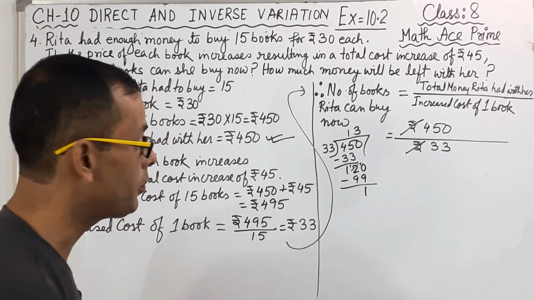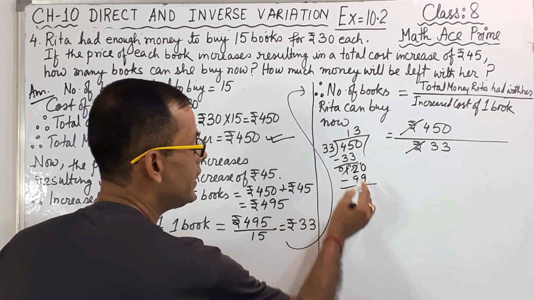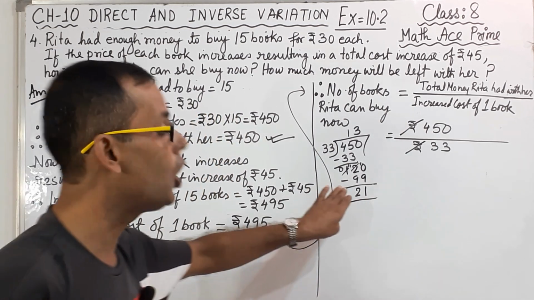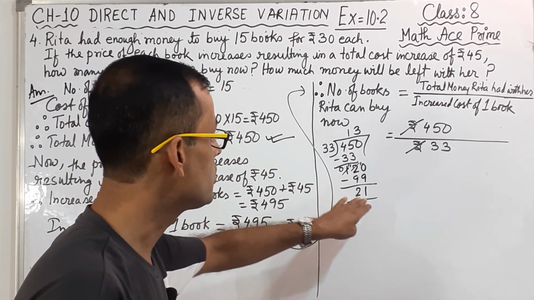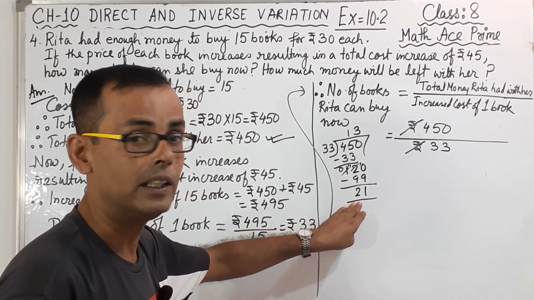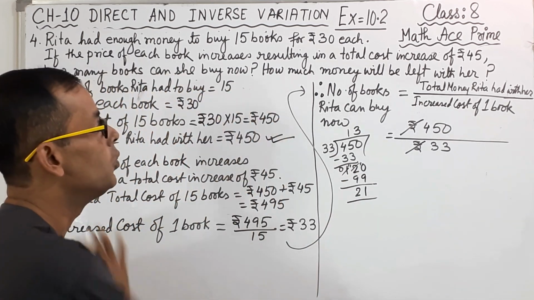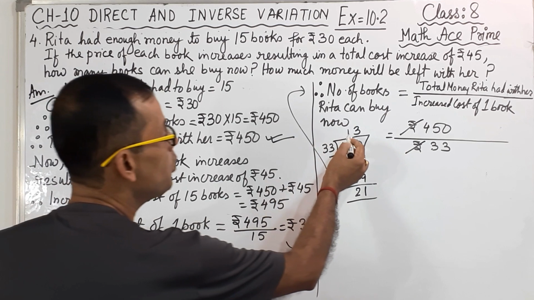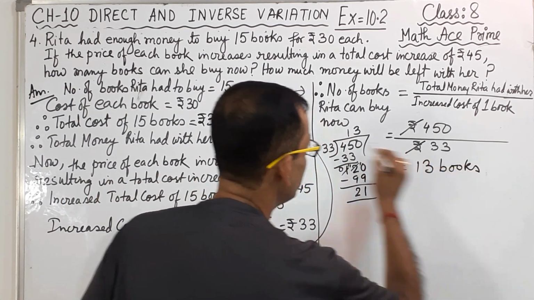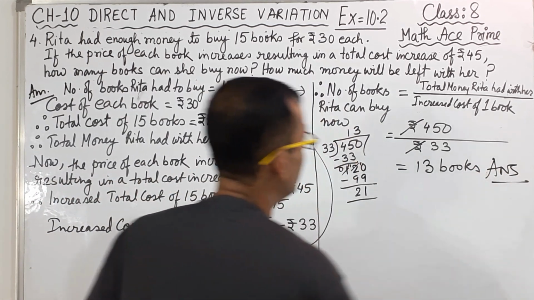Now we will subtract, so cut the 2, make it 1, here it becomes 10. 10 minus 9 is 1. 1 and 9 you cannot subtract, again you have to borrow, cut this one, make it 0, and this becomes 11, 11 minus 9 is 2. So this division is not fully divisible. The remainder is not coming 0, the remainder is coming 21. That means 21 is still remaining with whom? With Rita. And how many books can she buy? 13 books, because this is the portion. So we got one answer. Okay, 13 books